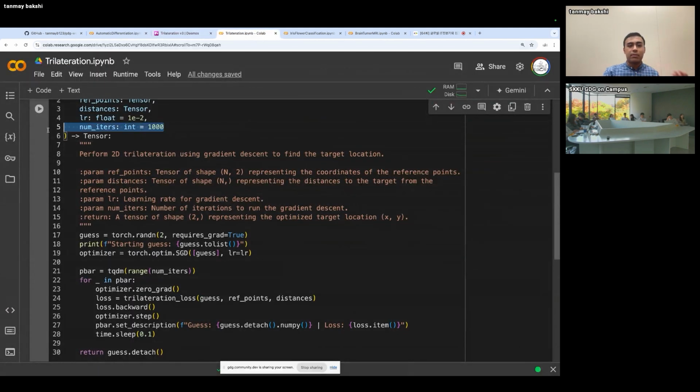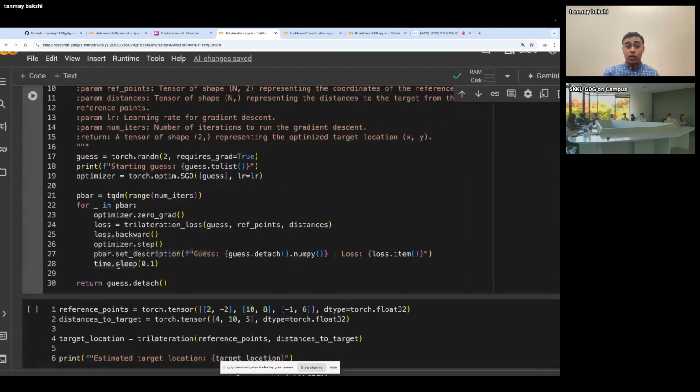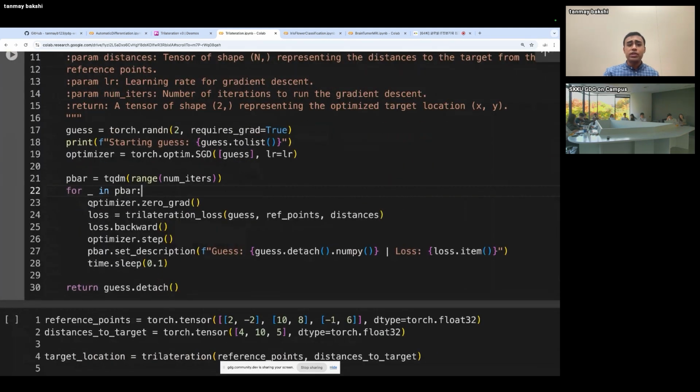In this case, I'm capping it at 1,000 steps, and wherever we end up in the space after 1,000 steps is what we're going to get. The way the actual optimization logic works is pretty simple. We start off by telling the optimizer to zero out the gradients. So if there are already any gradients that PyTorch stored, it just resets them. This is just resetting state.